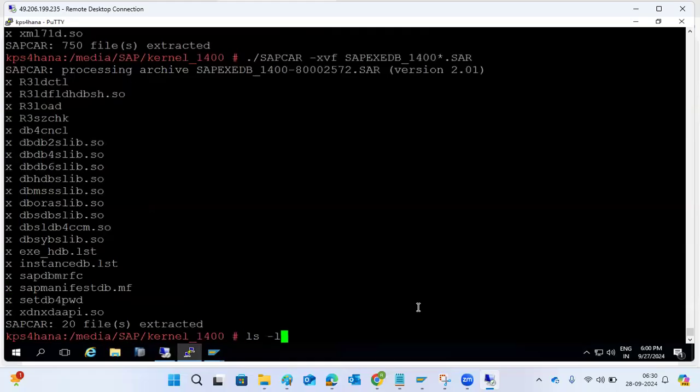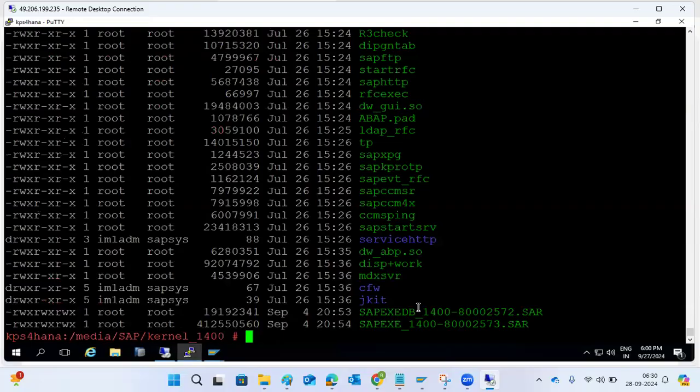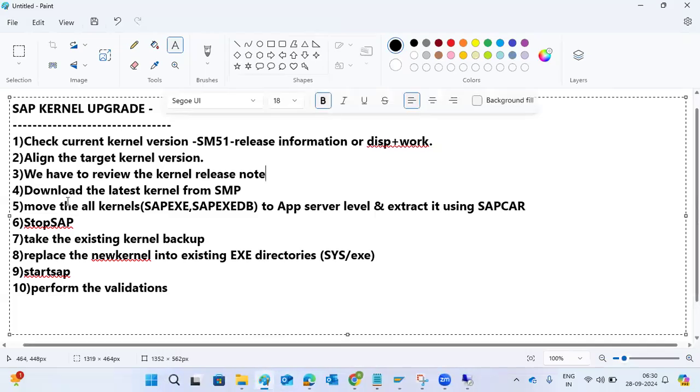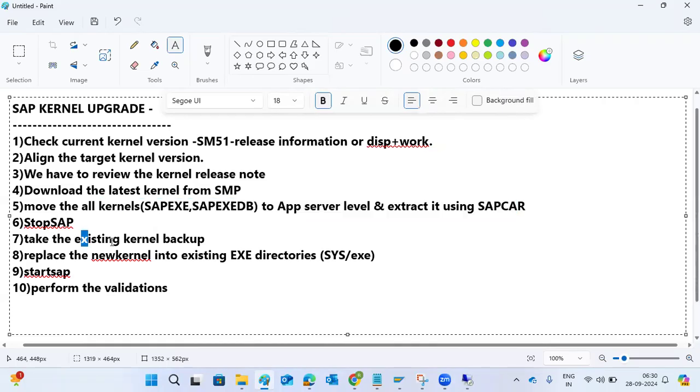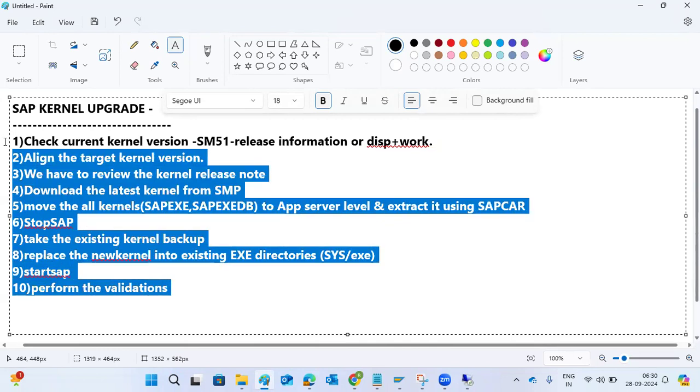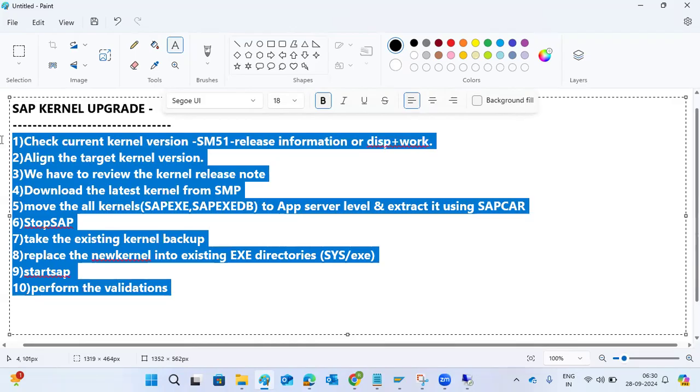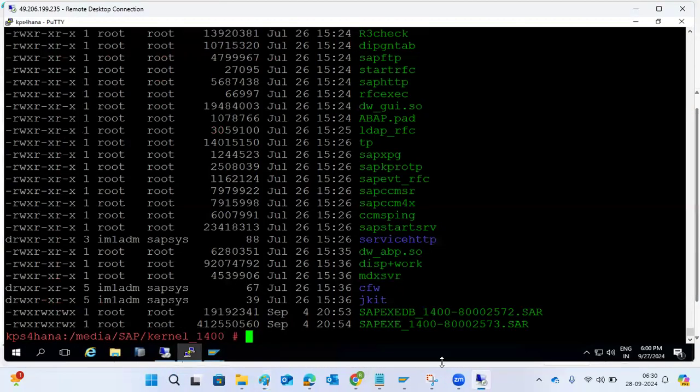So once you extract these files here, you have to download the latest kernel, move the application files and extract using the SAPCAR command, then stop the SAP system, take the existing kernel backup and replace the new kernel and start SAP, right? These are the things we have to perform here, right? So now what we have to do now? So we need to